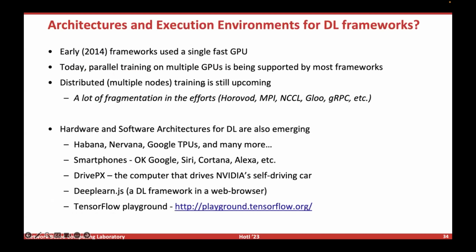So we have talked about the ML/DL frameworks, but in this section, if you look at the whole stack which is being used to train neural networks, then ML/DL frameworks is just one piece of the puzzle. It's a very important piece of the puzzle, but it's just one piece of the puzzle, right? So for example,